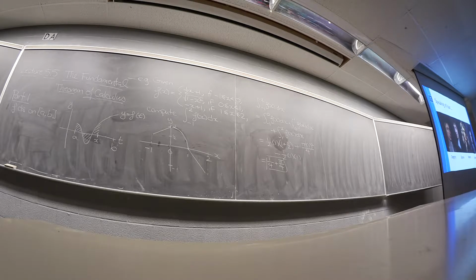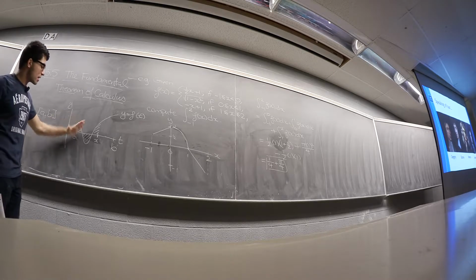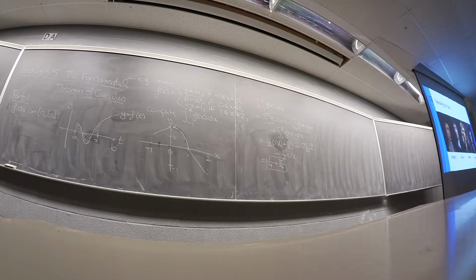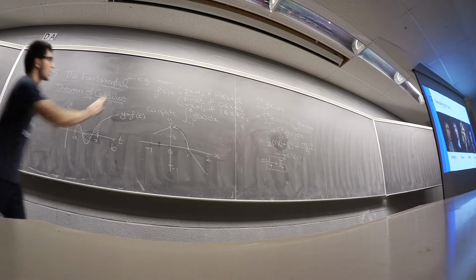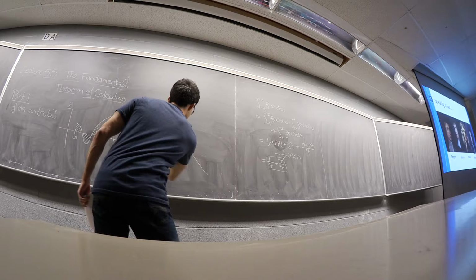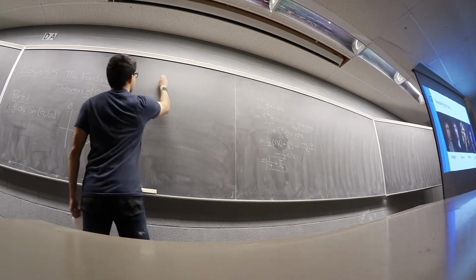Okay, so we have a continuous function on a closed interval, and what we're trying to do is find the signed area up to x. And x can be anywhere between a and b. So let's define, I might do this on the next board, okay, so let's define